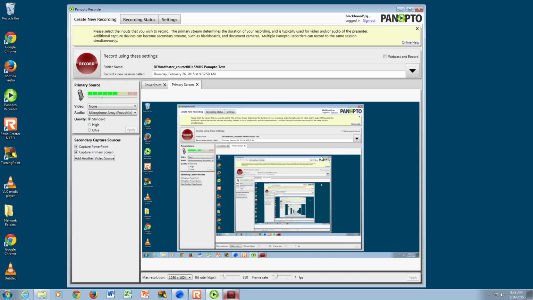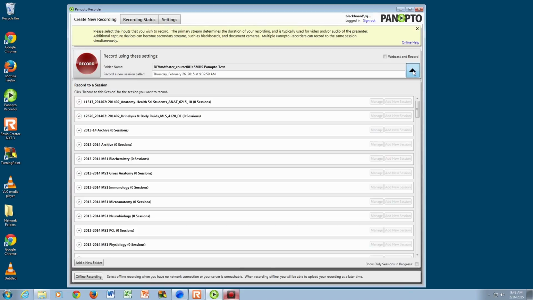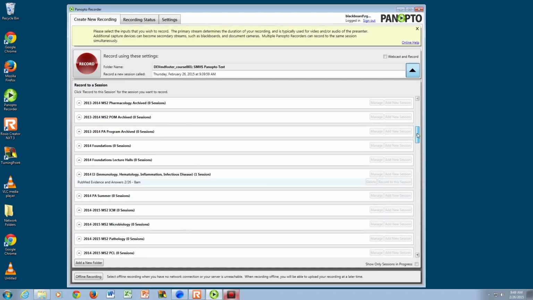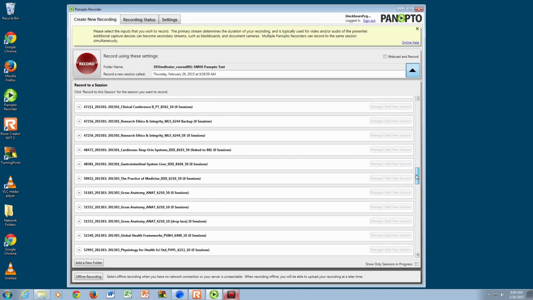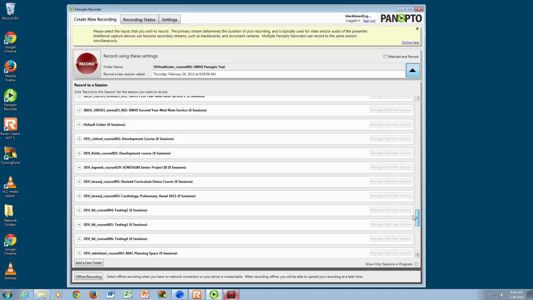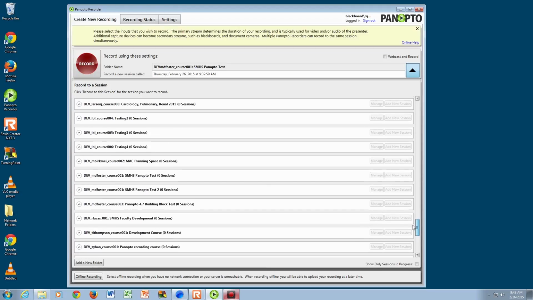Now, in order to send your recording to the proper folder, locate the upside down triangle on the right hand side. Click on it, and it will bring you to a list of different folders that have been previously created. Simply scroll down and find the proper folder in which you need to record your class. In this particular instance, we'll go ahead and go to a generic